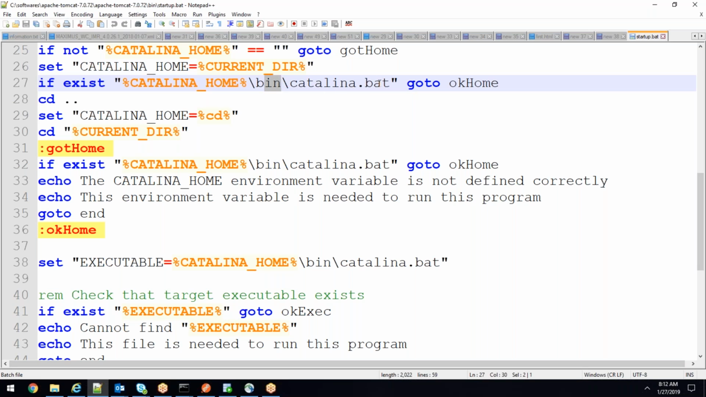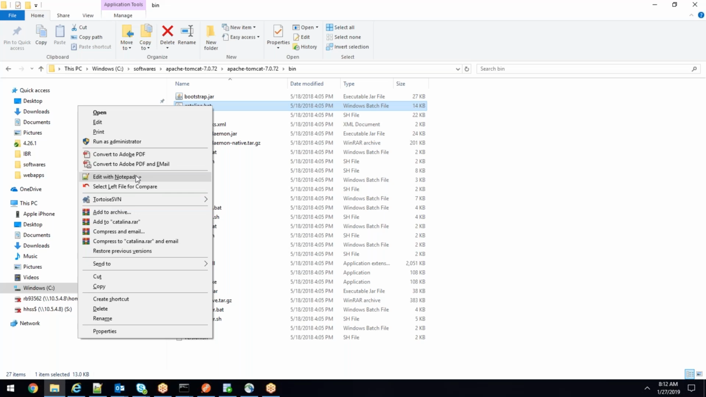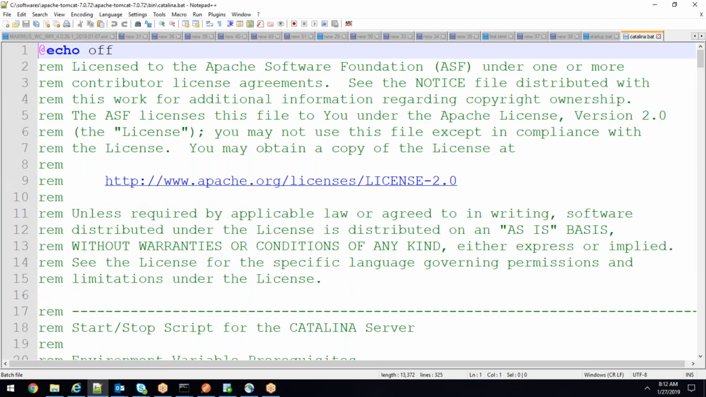So when you run the startup.bat file, it is running the catalina.bat file, correct? So let us see what is there in the catalina.bat file. In the current working directory, in the bin folder, catalina.bat file. So this is the batch file. When you run the startup.bat file, it internally triggers the catalina.bat file, correct? Let us open that and see what is there inside. So in the catalina.bat file,